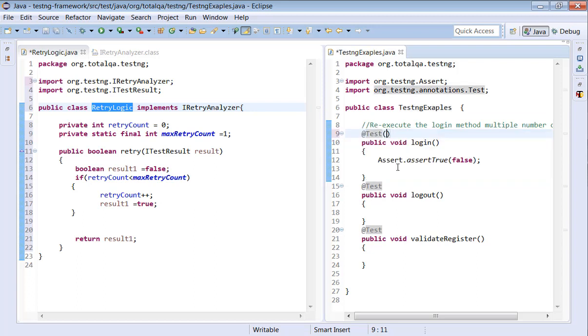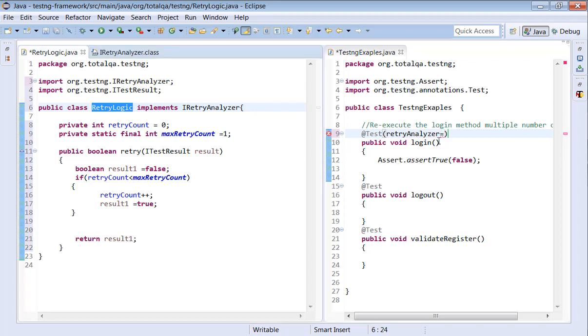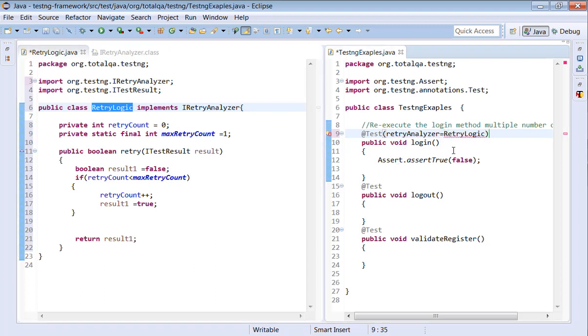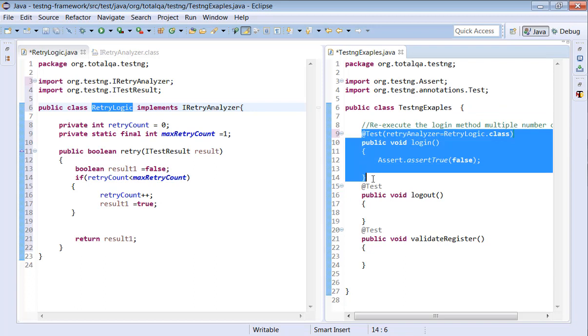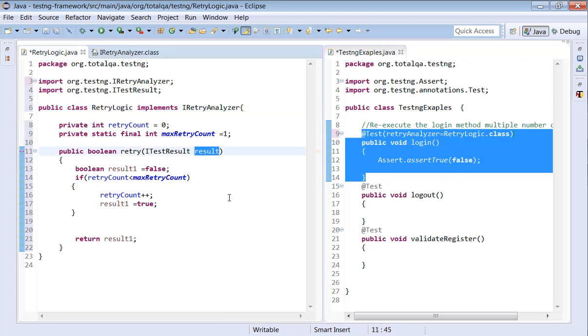That is going to be achieved by adding an attribute, retryAnalyzer. We are going to mention the class name, RetryLogic.class. So whenever this method fails, the result will be stored here.